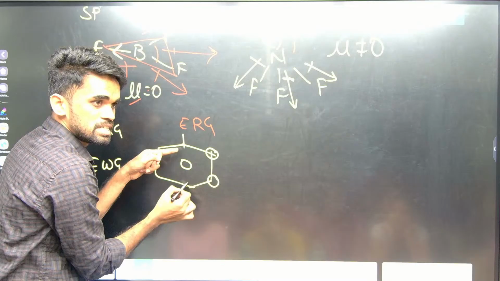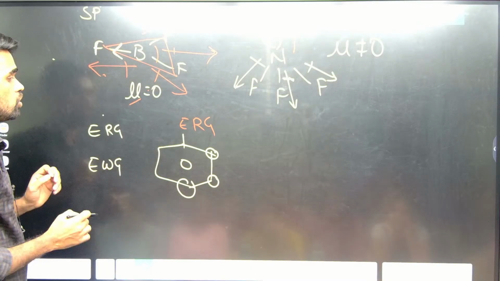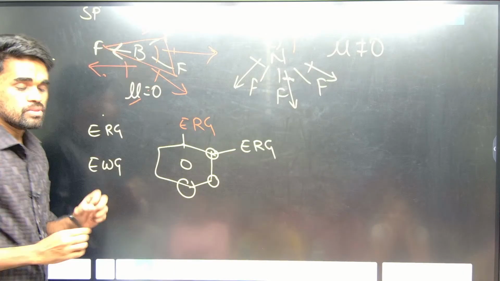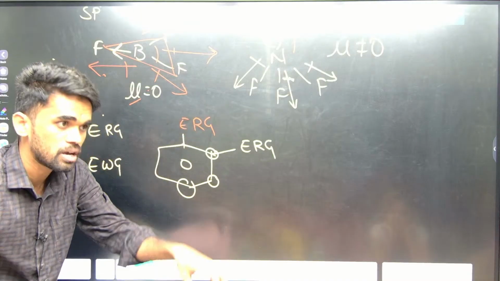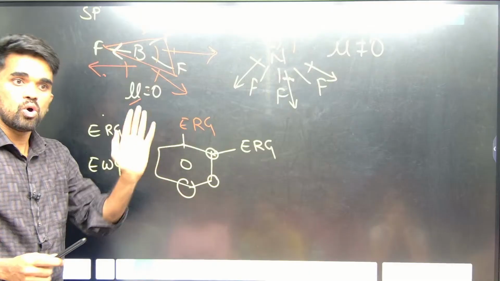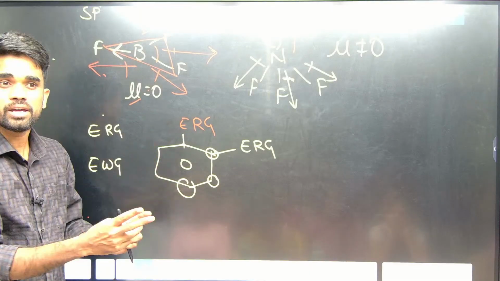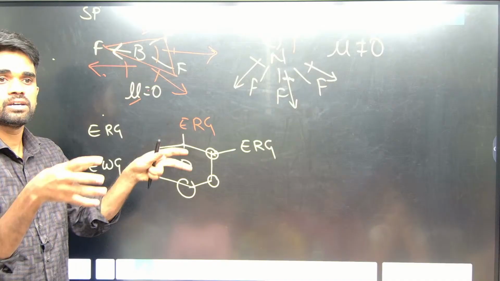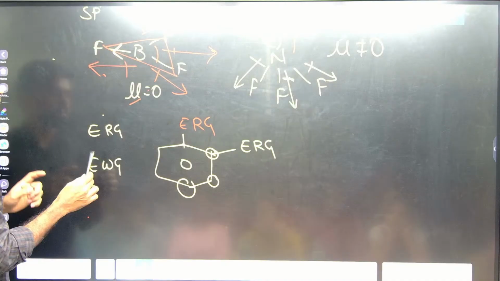So if both of the attached groups are either electron releasing groups or both are electron withdrawing groups, both the same, either they should be releasing or they should be withdrawing. So in that case, if both groups are the same,